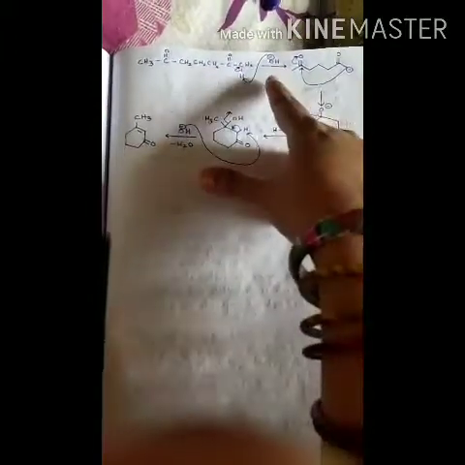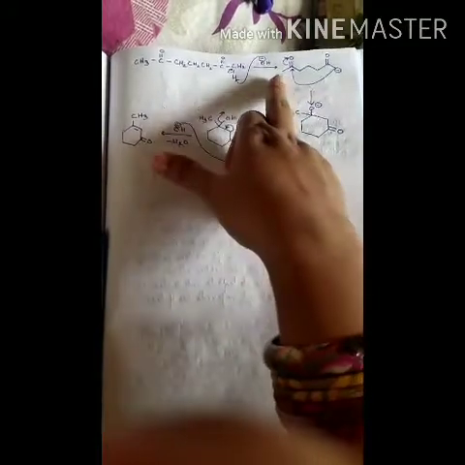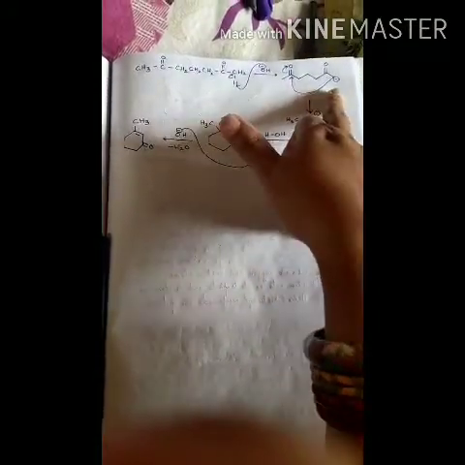The OH minus will attack any of the alpha hydrogens, either this side or that side. Both alpha hydrogens are the same, you can see. So it will attack the alpha hydrogen and produce the enolate ion, this one. I have given here the skeleton structure for better understanding. Count the number of carbon atoms and draw the skeleton structure. So we got the enolate ion here.